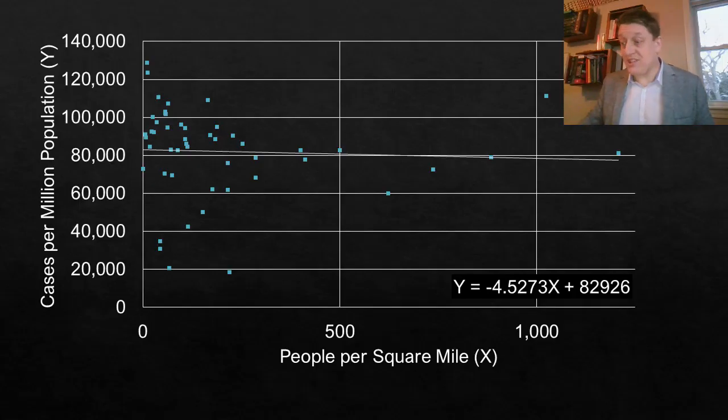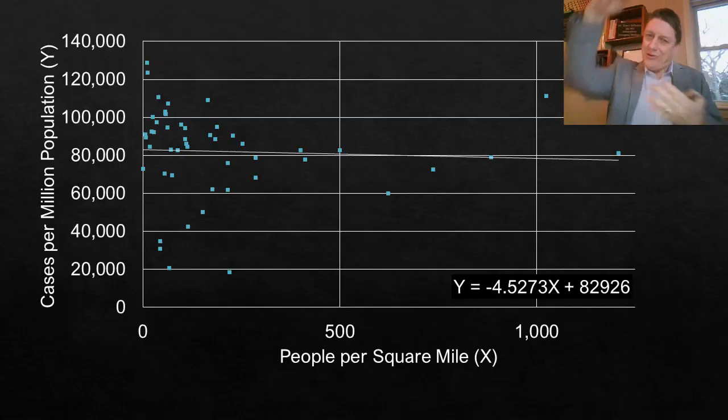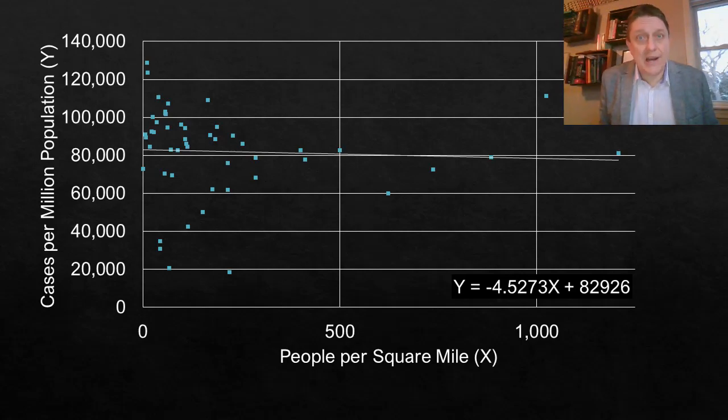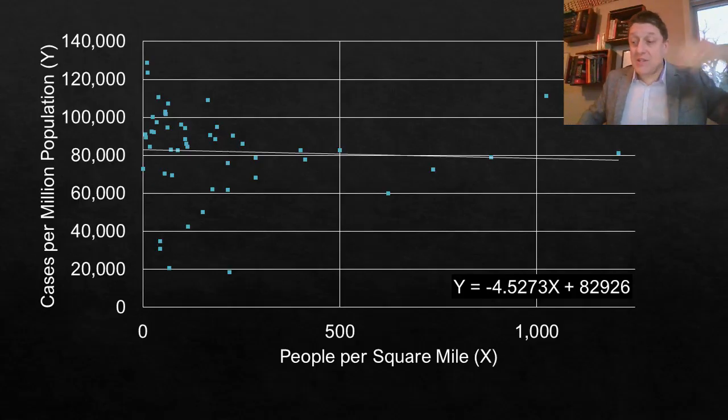Because it's the opposite of the prediction, number one. And number two, it's not explaining the dots very well. A line that hit all the dots, or a line that is hit by all the dots, where the dots all come together into a line, would indicate the strongest relationship. There's a statistic that I won't ask you to know, but it's called R squared, and it indicates that only 0.26% of the variation in the cases per million population of COVID-19, state by state, is explained by population density.